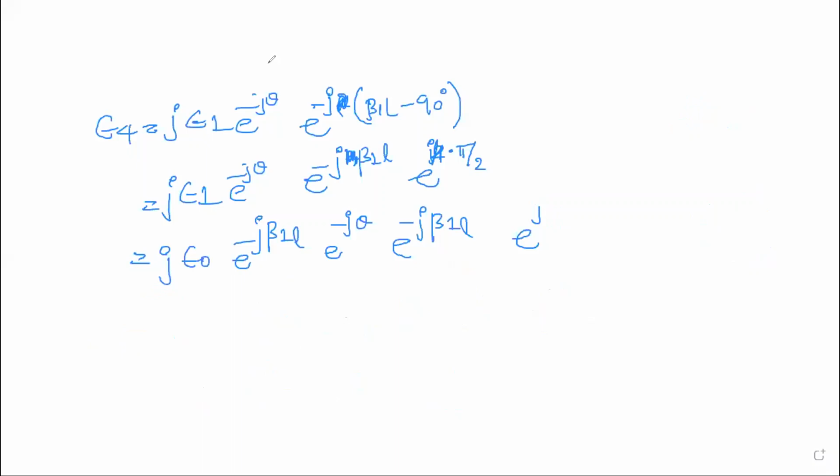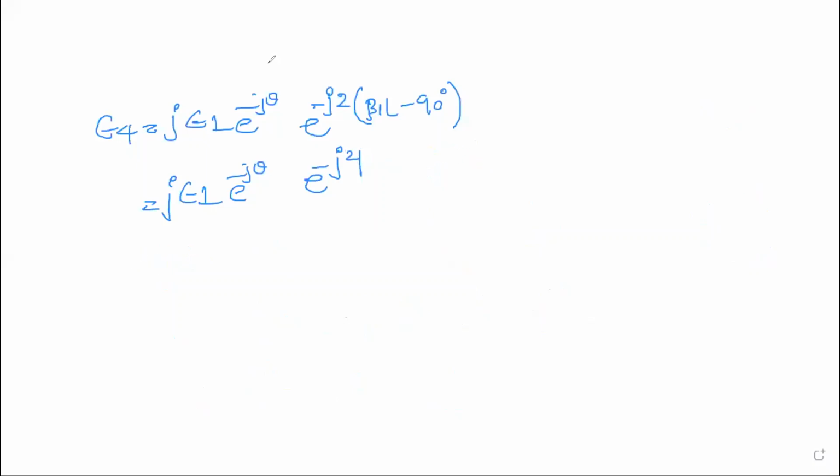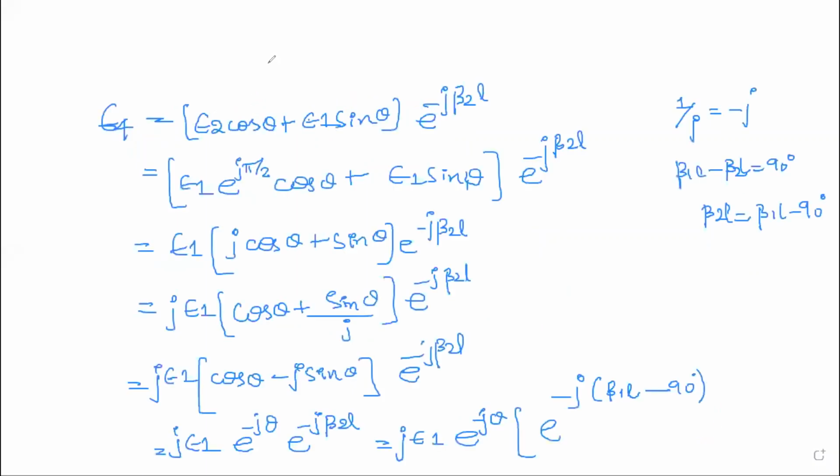E4, I think we did not take 2. So there is a 2. Yeah, so just change it as 2 so that we will get the final equations properly. There was a problem in writing down, maybe I have missed it. First equation, E4. Yeah, this one here, you have to write 2 beta 2 because there is a phase change coming from half wave section to quarter wave, sorry, quarter wave to half wave. So just make a change here, just add 2 to this section. Here it is 2, therefore here also it will be 2, here also it will be 2.